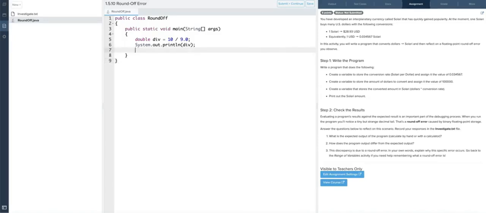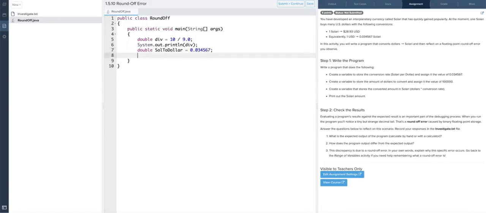Create a variable to store the conversion rate equals 0.034567. A variable to store the amount of dollars to convert and assign it the value of